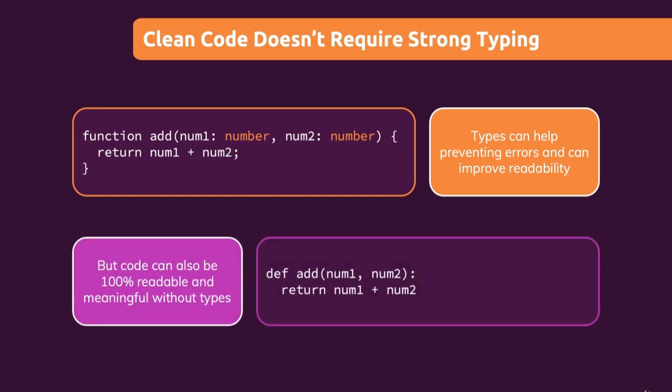Because I would argue that this code is equally easy to read and understand, even though we don't have strong typing here. So you don't need to use a language which knows and uses strong typing and wants explicit type assignments. You don't need that to write clean code. And throughout this course, you're also going to see a bunch of examples written in Python and JavaScript which don't use explicit type assignments. So you don't need that to write clean code. It's not a must-have. And I just wanted to emphasize this right away.